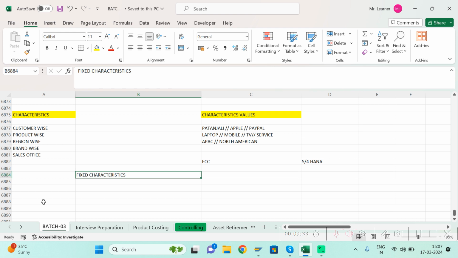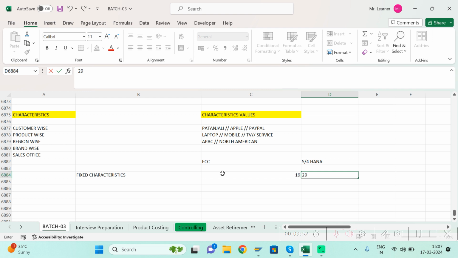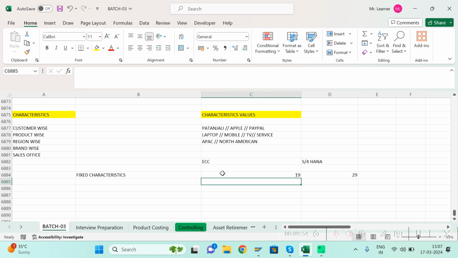In ECC, the fixed characteristics given were only 19. But now in S4HANA, the fixed characteristics given by SAP are 29. I will talk about which are the fixed characteristics given by SAP when I go into SAP. Now other than fixed characteristics,